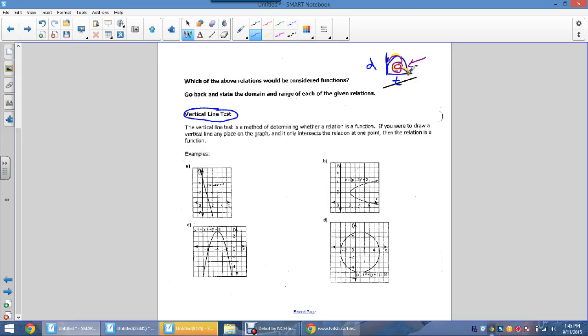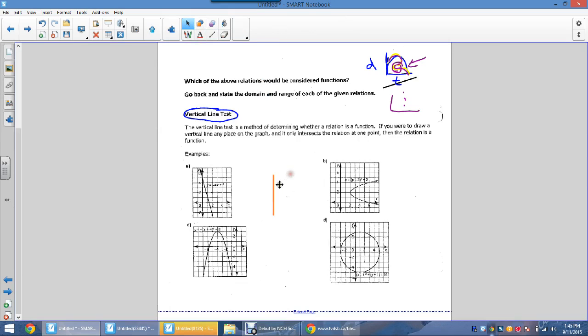So whenever you repeat an x value, you have a different y value for an x value, you end up having 2 points that are essentially on top of each other. And if these 2 points are on top of each other, what happens is they fail what we call the vertical line test. So if you take a vertical line here, that's pretty vertical, and I take this line and I drag it across the graph or the sketch of any